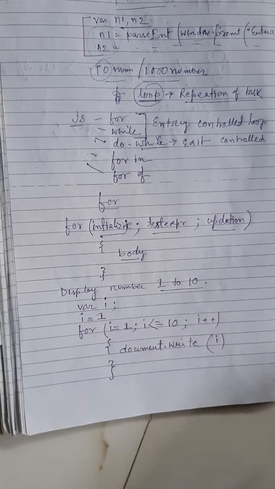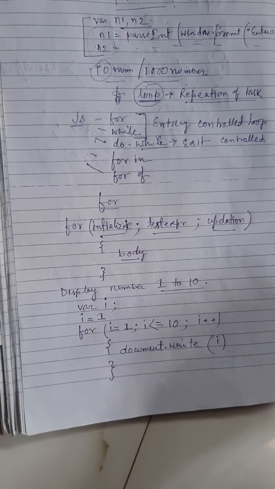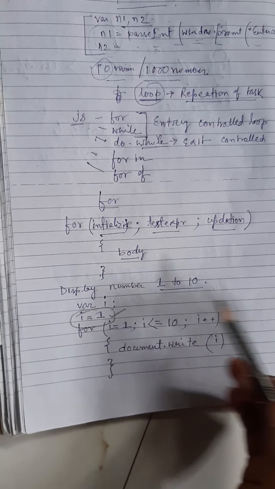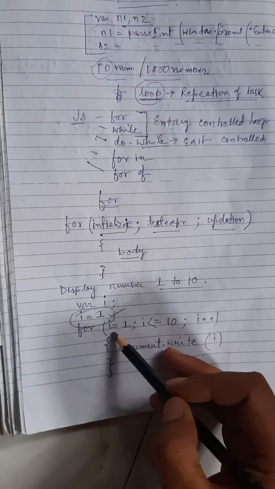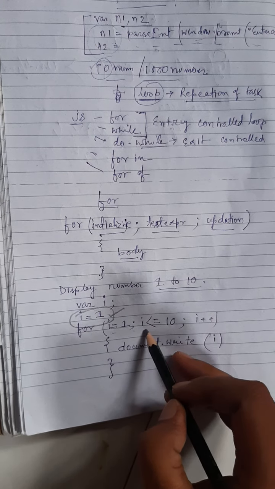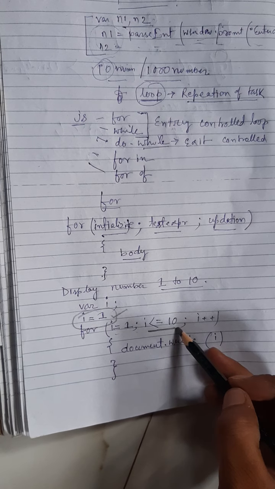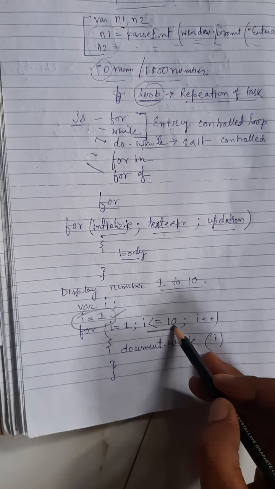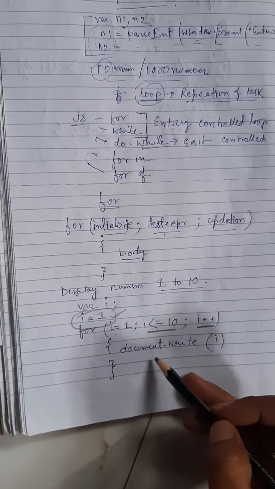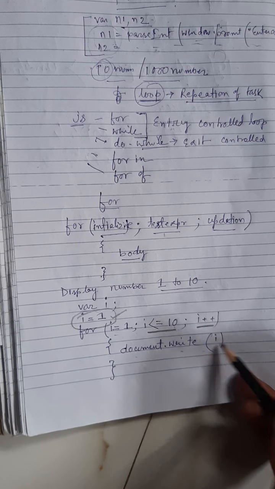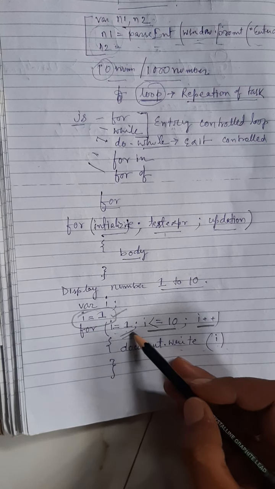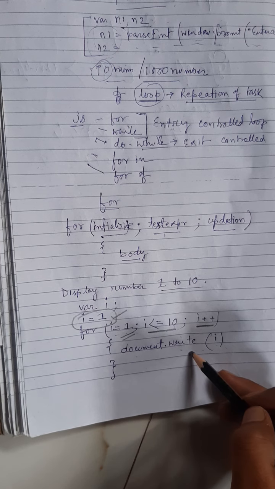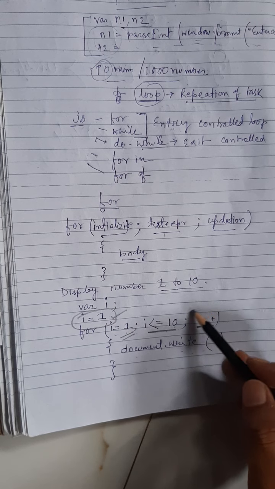Now we'll see how the loop is working. You can see that the first value we are starting with, i, is 1, and we are going up to 10. This is our condition, or simply the test expression, i less than or equal to 10, then i plus plus, and here is document.write i. The first i value is 1, and 1 is less than 10, so it will come inside the loop and print the value. Then it will go for i plus plus.